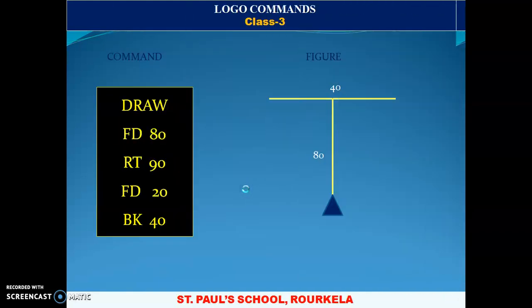Then see the next alphabet, your T. Now here your turtle is in this position. You are drawing the line neither on the left side nor on the right side. Your turtle's face is here. That means if you use the FD command, it will move directly in the forward direction. So when you use FD80, it moves the turtle forward 80 steps. Now it will reach here.